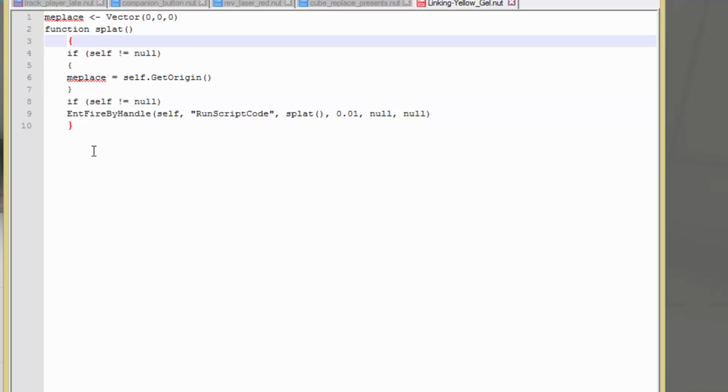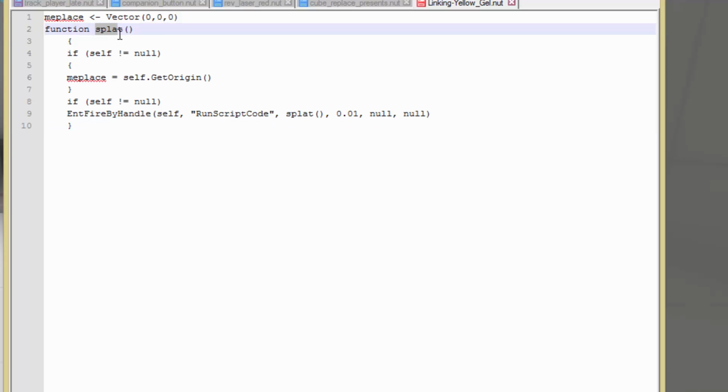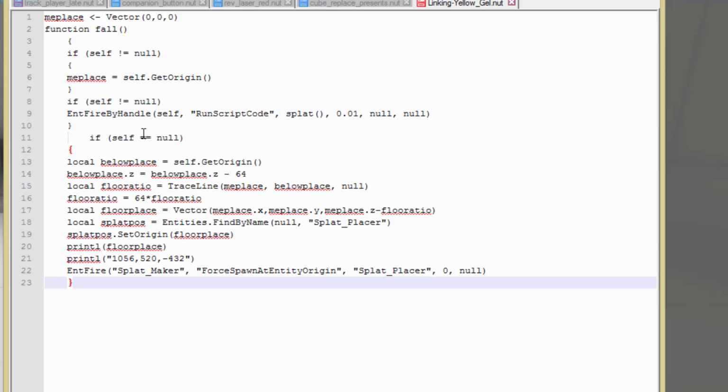Okay, and everything else lines up. Let's call this fall, and then let's also do a splat. And instead of an if statement here, we're just going to do function splat. Alright, so what I'm having in mind here is when the paintball is created, it's going to run the fall